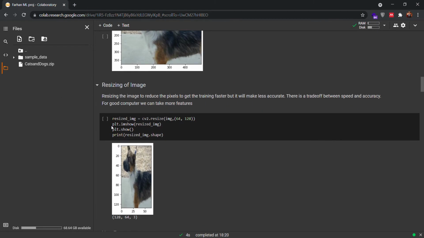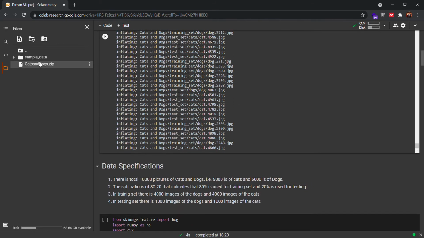Here, as you can see, I have divided the data into two sets, test and training, with an 80-20 ratio. In the test folder of dataset cats, there are 4,000 pictures of cats, and similarly there are 4,000 pictures of dogs in the test dataset of dogs folder.